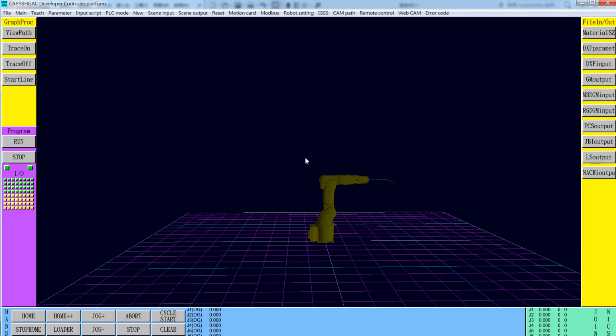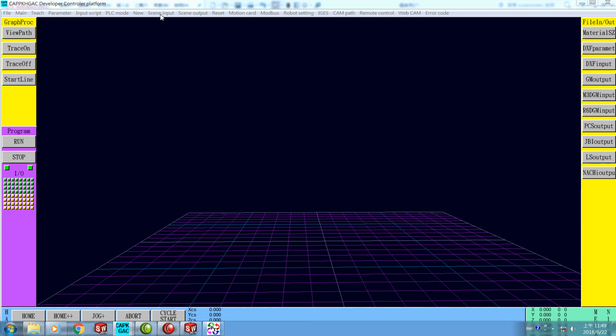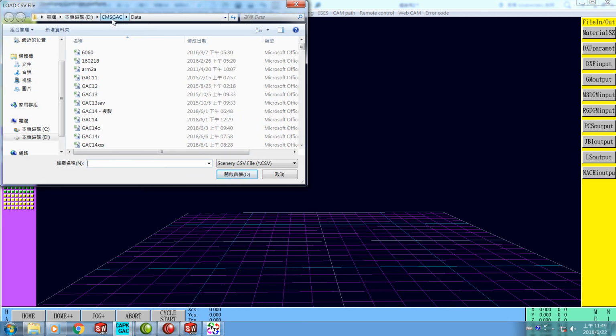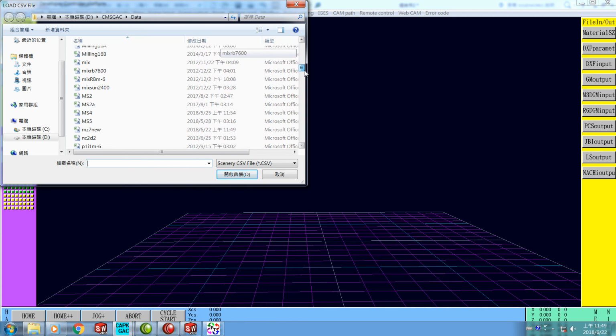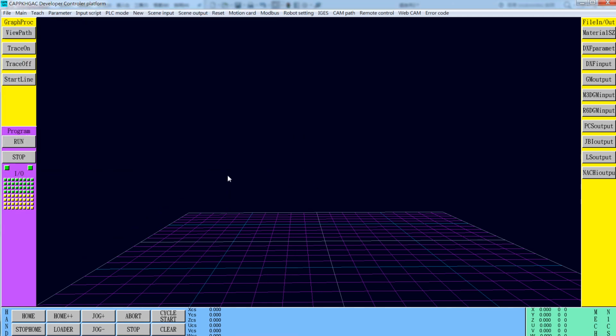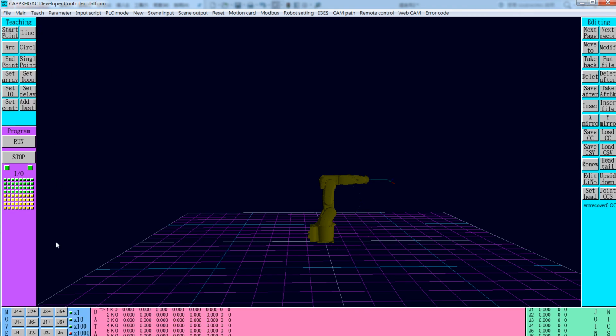So after save it, then we can use our system to check the CSV file is correct or not. How to do it? We just use new to remove the model of the screen, and then use scene input to see CMS GAC data to find the one MZ7 new and open it and display on the screen. And to check everything, use teach more to check the first axis. You see,